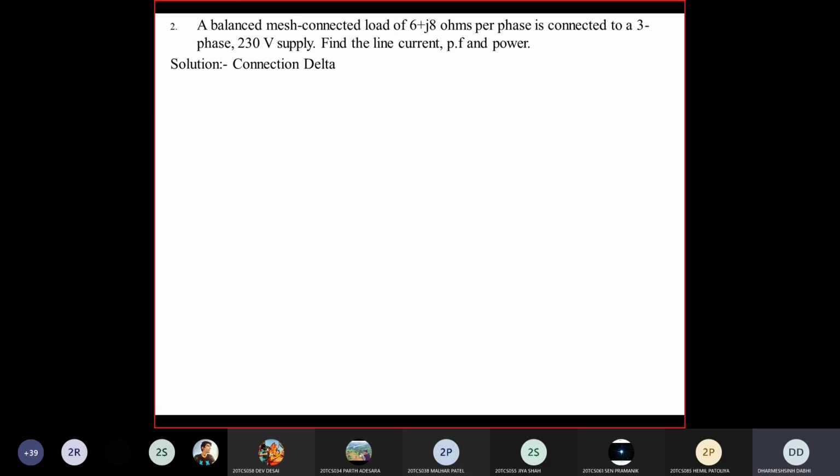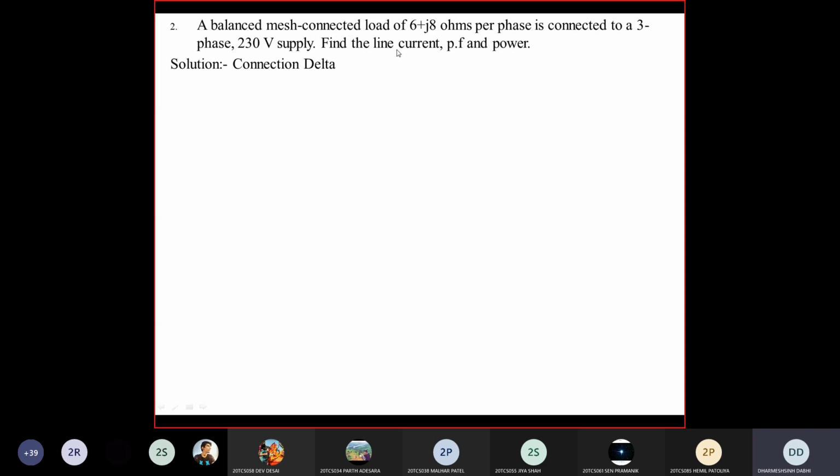Remember this. Okay, write down the given data. Per phase impedance is given; write down its magnitude. Line to line voltage is given. Clear? Here it is not specified, so it is also line to line voltage, 230 volt, and this is a delta connected system. So what is the relation of phase voltage and line voltage in a delta connected system? Both are equal, the same. It means 230 volt is your line voltage, or you can say it is your phase voltage.